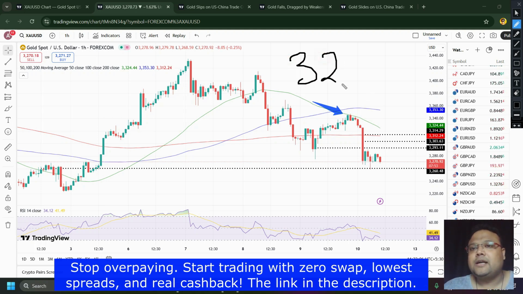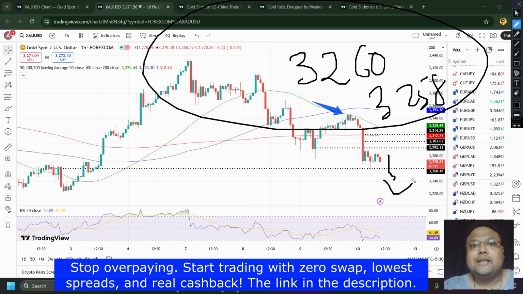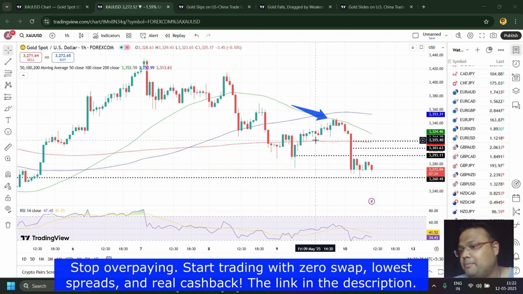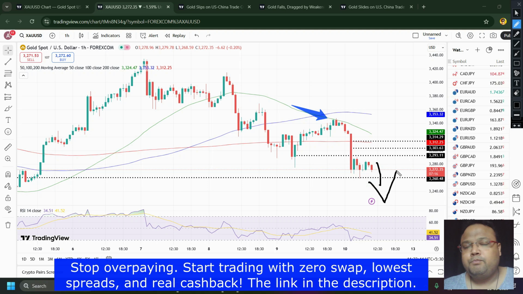So in that scenario, if gold breaks 3260 or 3258, we can expect further downside and we can look for a sell position below this level. Right now, we can see the market is in consolidation. It's a good thing because before a major move, if the market consolidates, the move is a strong one. So after some consolidation, if you see the market go down, then we can look for a sell below 3260,